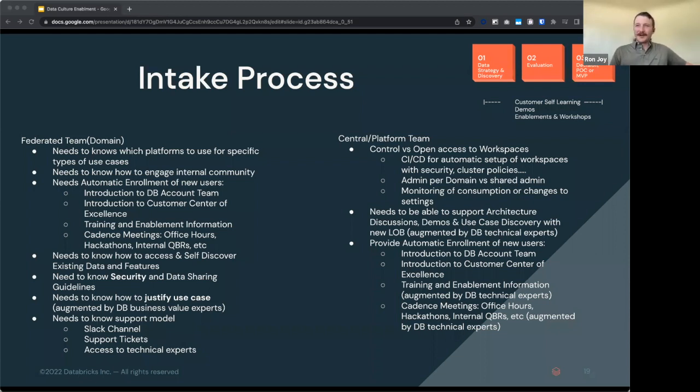Again, another plug for our SAs and CSEs out there. They are doing a great job to help you with these things, right? You're not on an island, right? So if you have questions about your intake process, if you have questions about how might we do this, absolutely happy to help with all of those, right? See this at tons of different organizations. So we can kind of help bring things from across the board, bring things from the entire industry, bring things from the entire globe, really,